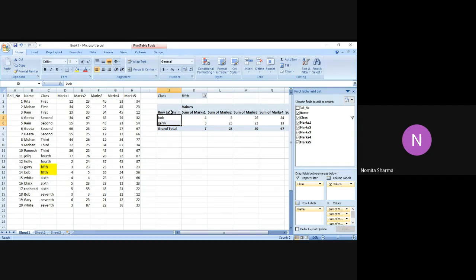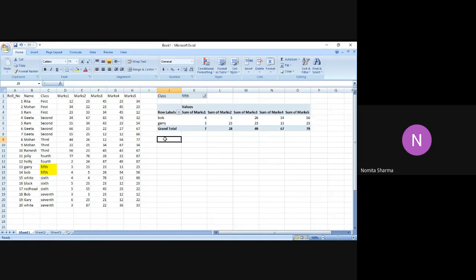And then depending on what I'm asked to fetch, I will give that command, I'll give that criteria in the pivot table and only make a table for the students or for the class which I want to see. That is the best advantage or the best part of the pivot table, because we don't have to make a table again and again.